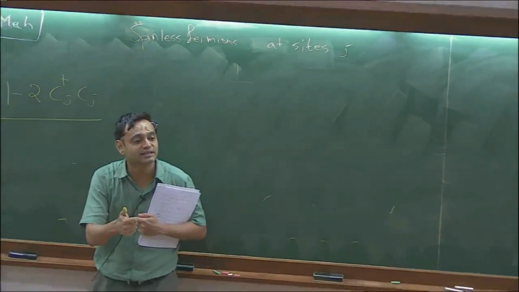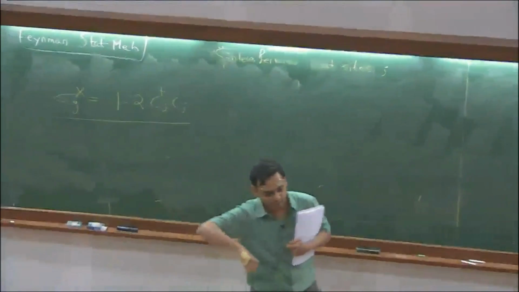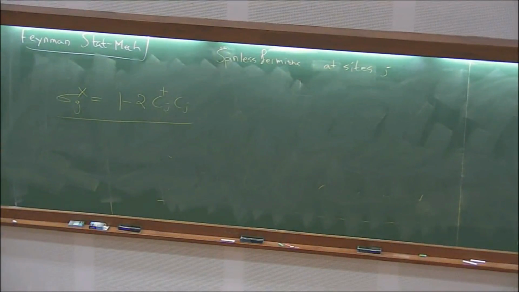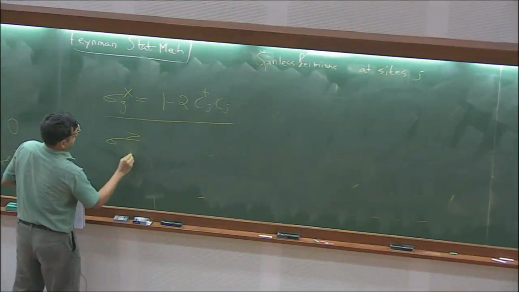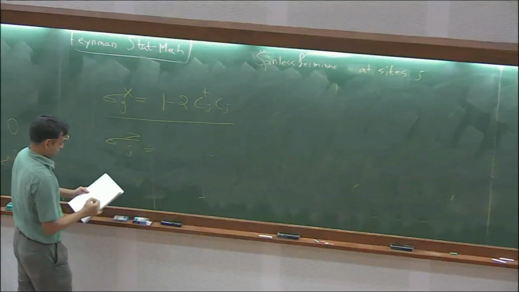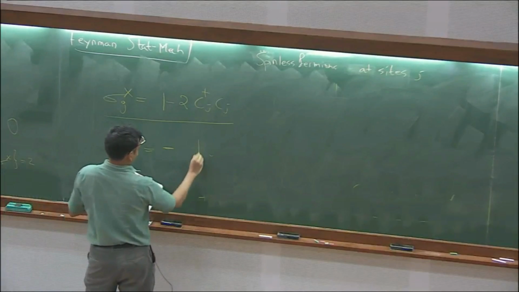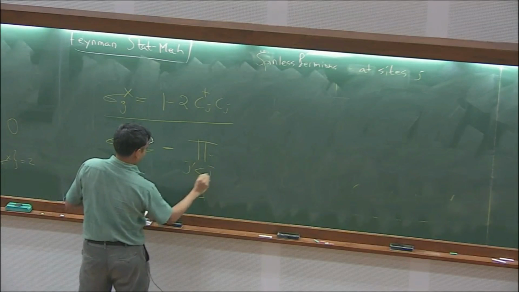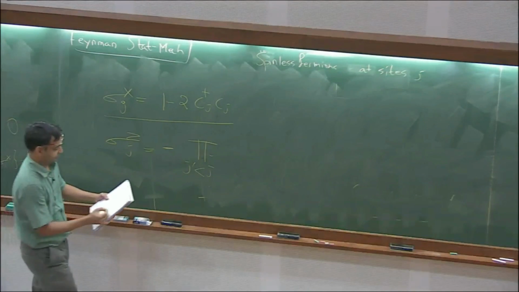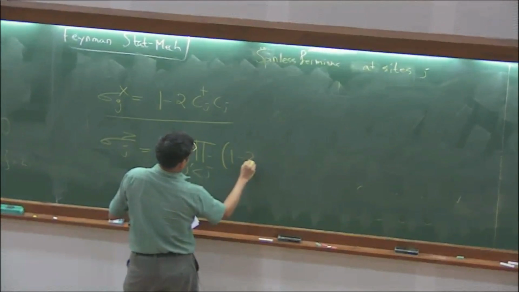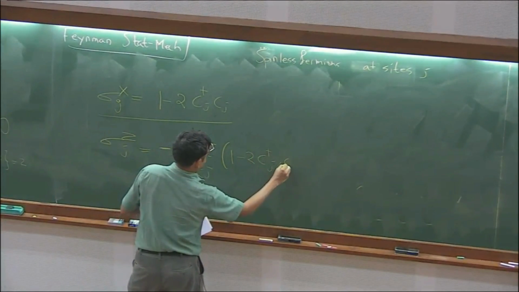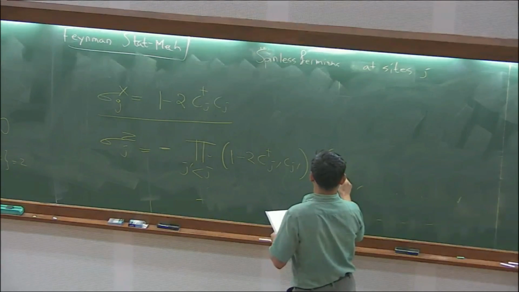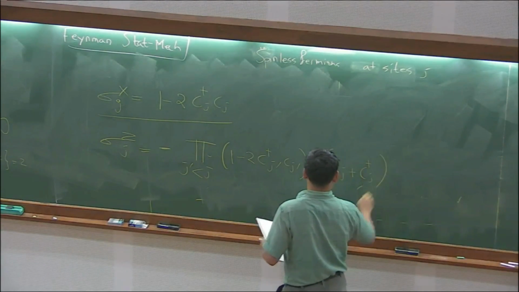If there is a fermion at site j, sigma x is minus 1. Okay? So we just write this down. We have to check that everything is consistent, but we write this down. Then we write sigma z of j as minus the product over j prime less than j of (1 minus 2 C dagger j prime, C j prime), times (C j plus C dagger j), right?